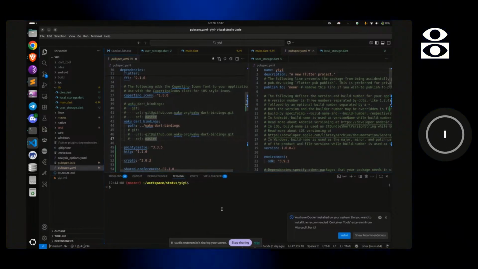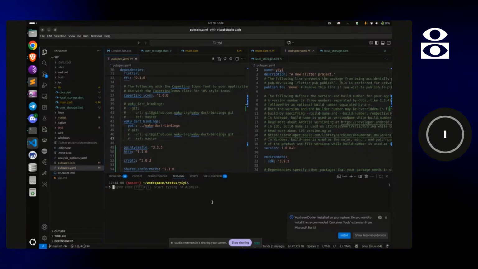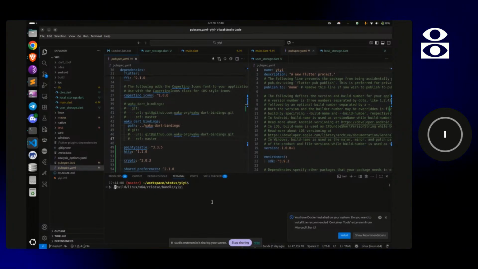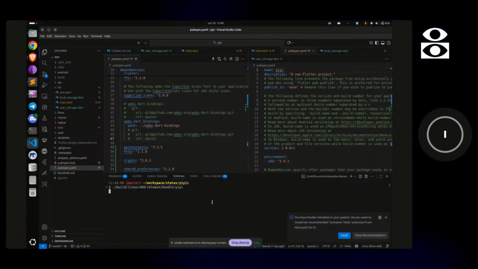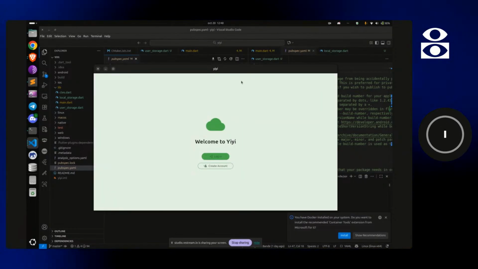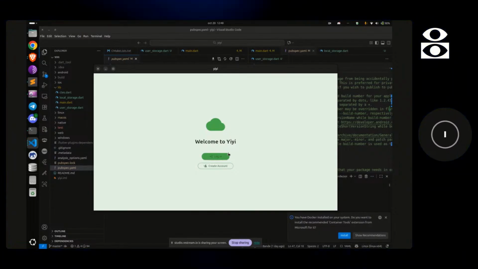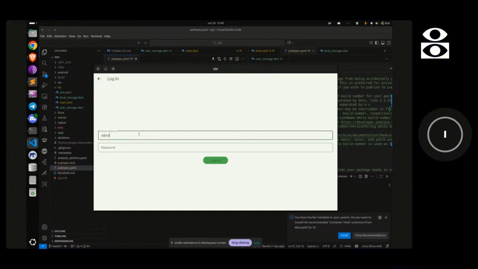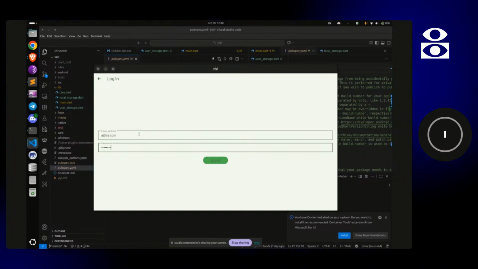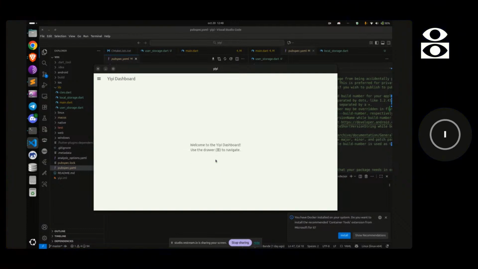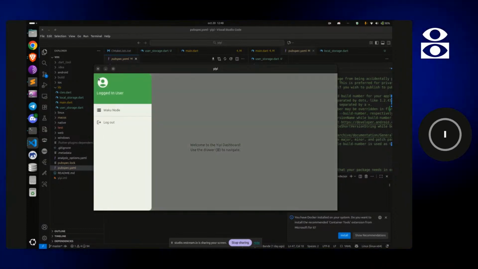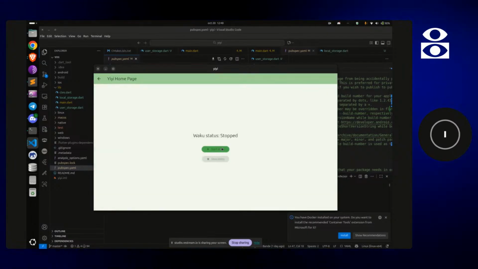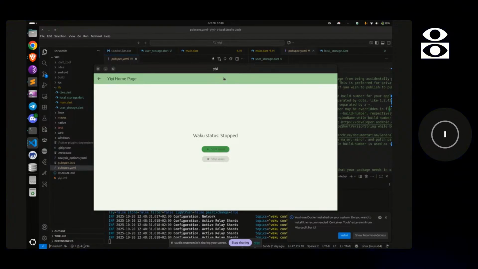And without further comments, let me try to open. This is the example for desktop, and just as an example, okay, very simple application, and we can start the Waku node.